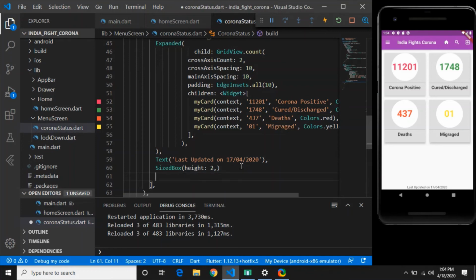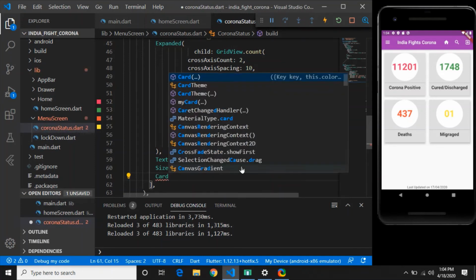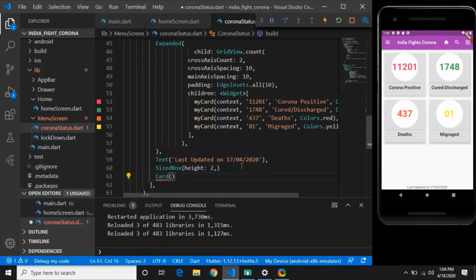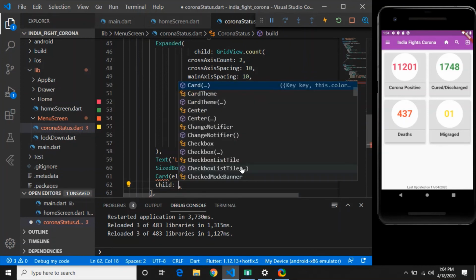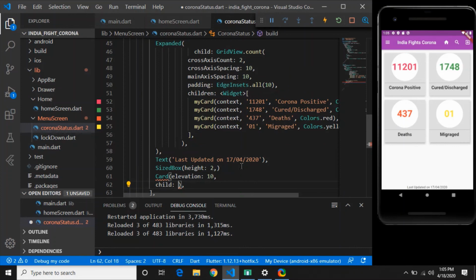So card will be for the message that this has been taken from that source. So card will have elevation, which can be, let's say, 10, and its direct child will be, let's say, that last bracket has been removed, so you can manually get it. And this error you are getting because you have not added comma, so at the end please add comma.